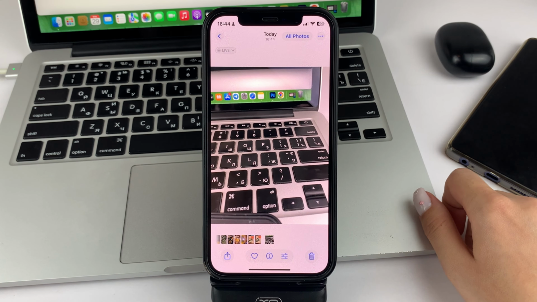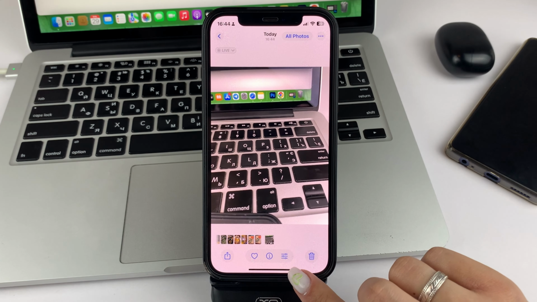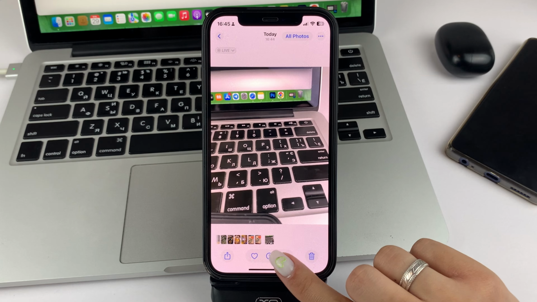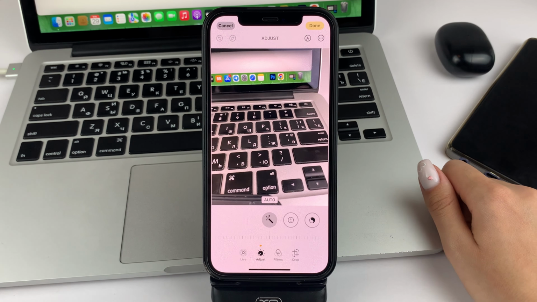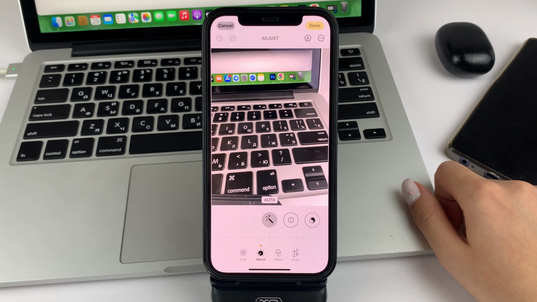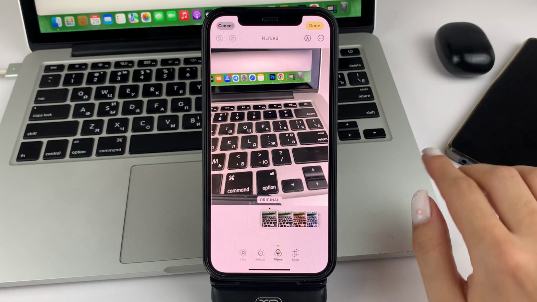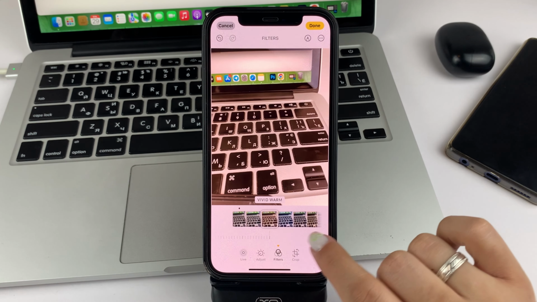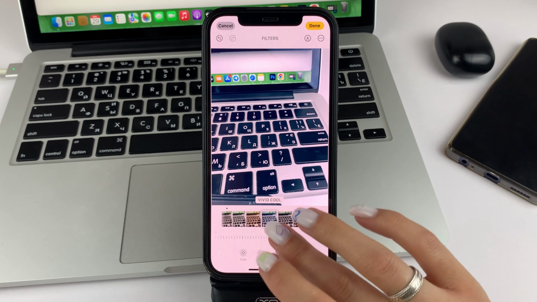So that you can edit it, click on it so that you have this menu at the bottom. And select this option right here. Click on the three bars. So you will go to edit your media file. The next thing you'll need to do is click on the filters option. And you will see that there are different filters here. And you can choose the one that you like the most.